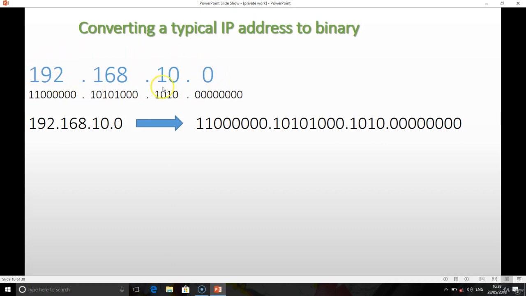So this is a class C IP address, and this is the binary format of this octet, the binary format of this octet, the binary format of this octet, and of this octet. This is a complete octet: 1, 2, 3, 4, 5, 6, 7, 8, and we say it has 8 bits. So each octet has 8 bits. This is an octet, it's an octet, and an octet. This is the binary format. So look at it here. Expressing this dotted decimal will give us this one in binary format.